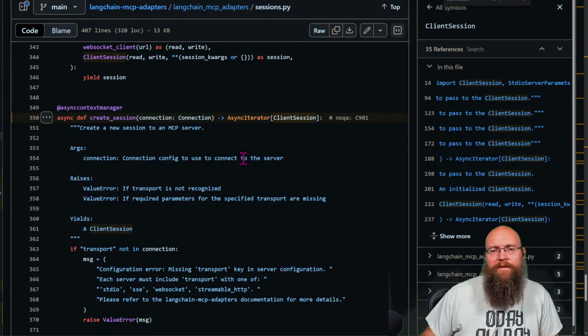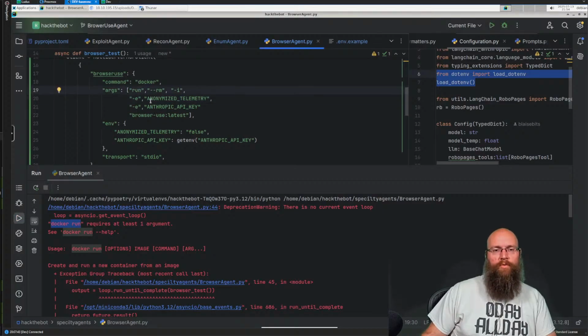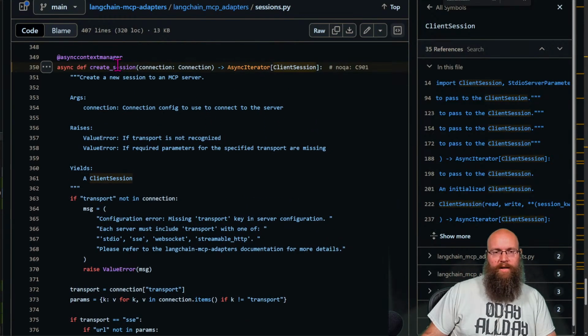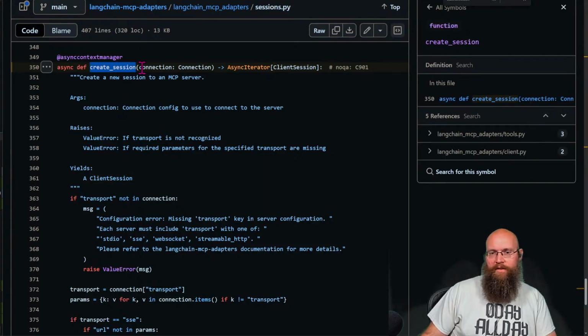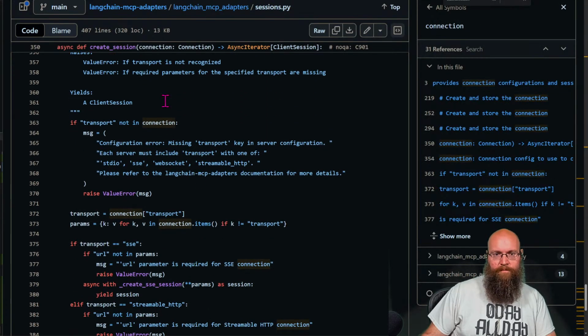I don't think so. All the errors we've been getting seem to indicate that it's executing Docker run and only Docker run for some reason. Like, for some reason, the rest of the parameters aren't being executed. So what I'm doing is digging through the code right now, because I may throw in some additional debugging. We'll go into the library and see what it is trying to do here. So for create connection, it takes in this connection variable here.